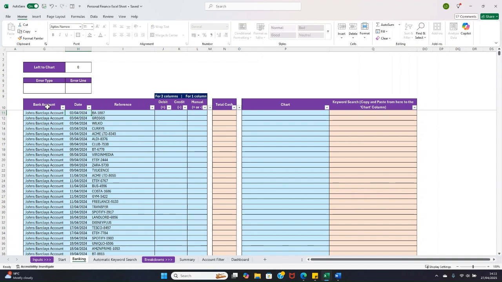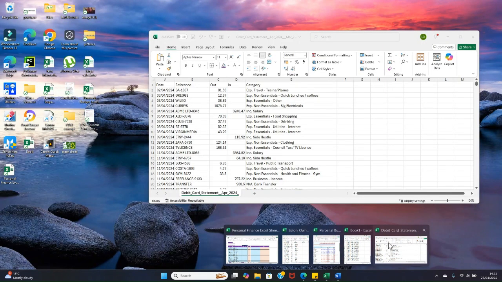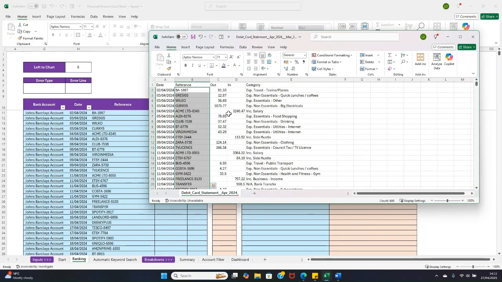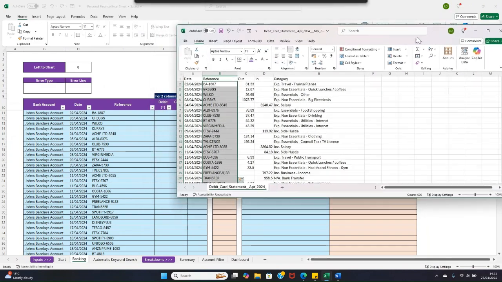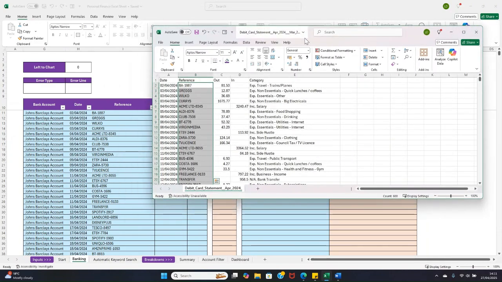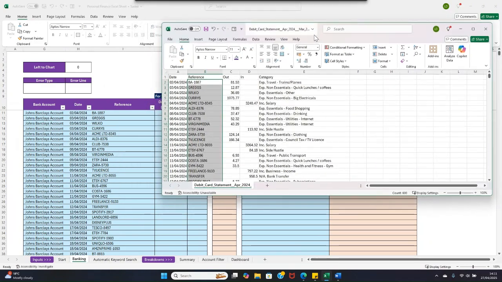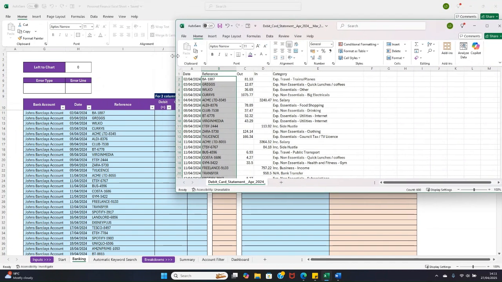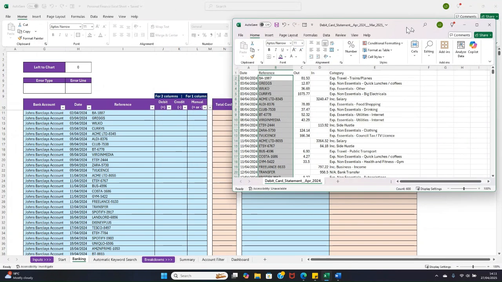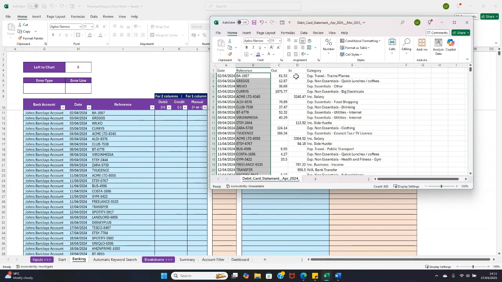So now I've got the bank account, date, and references in. I can now add the cash. If I go into here, the debits are for if the money is coming in, and the credit is for if the money is coming out. We can see here first that the debit is first. So I'm going to highlight